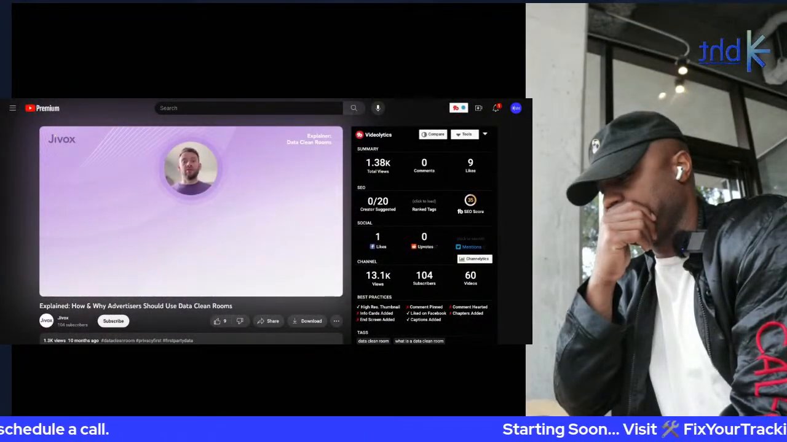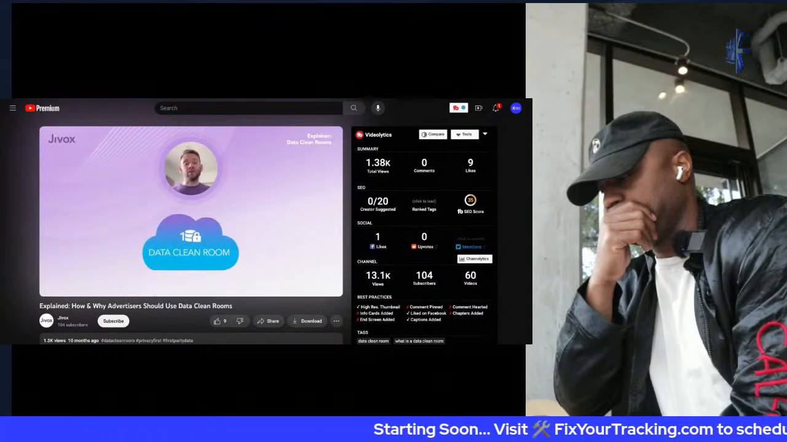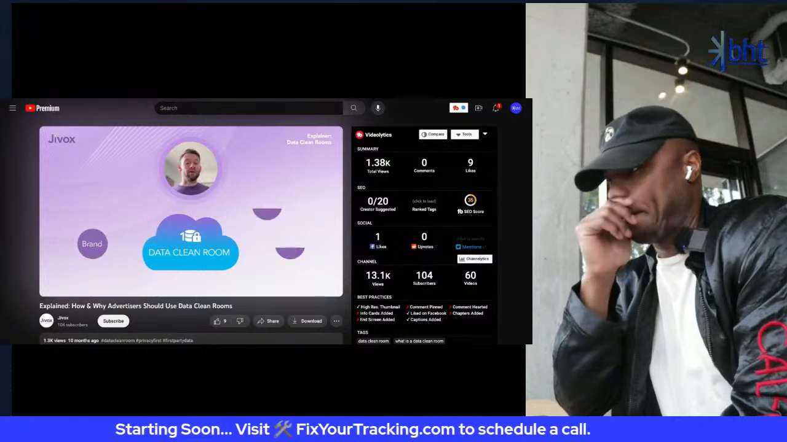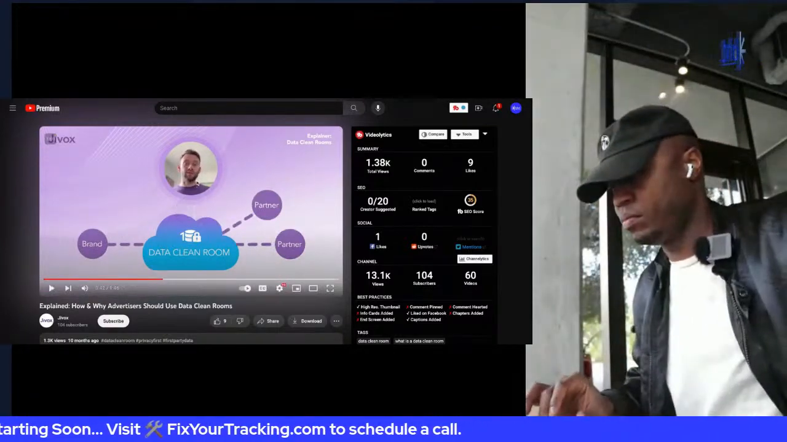Data clean rooms, or DCRs, are privacy-first closed environments in the cloud. They enable brands and their partners to match and aggregate first-party